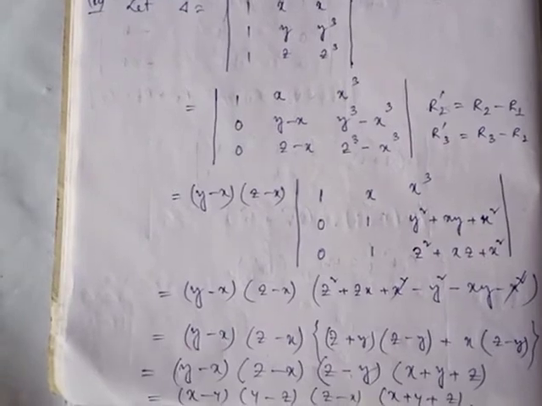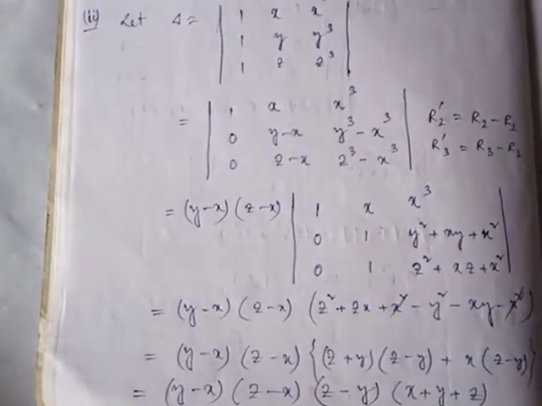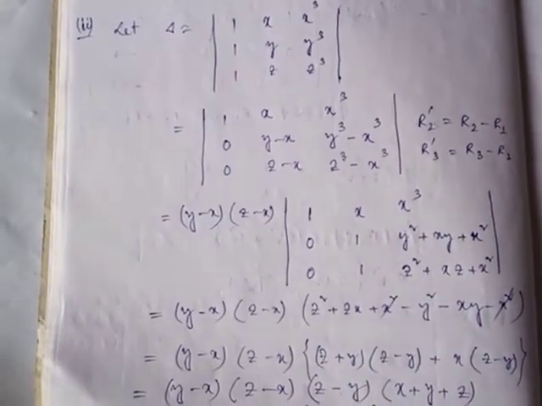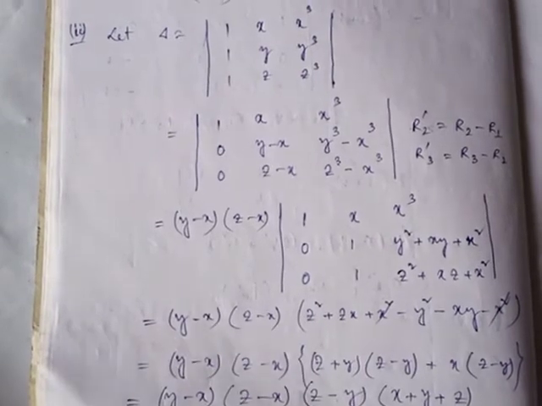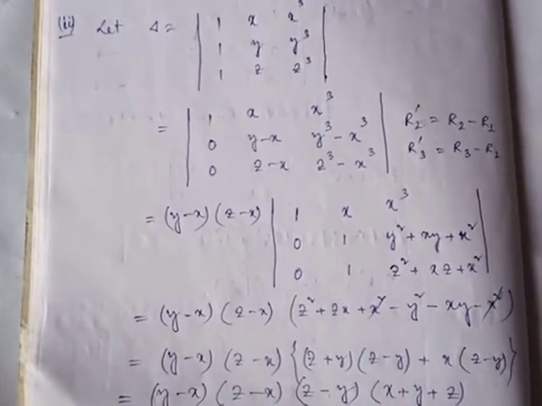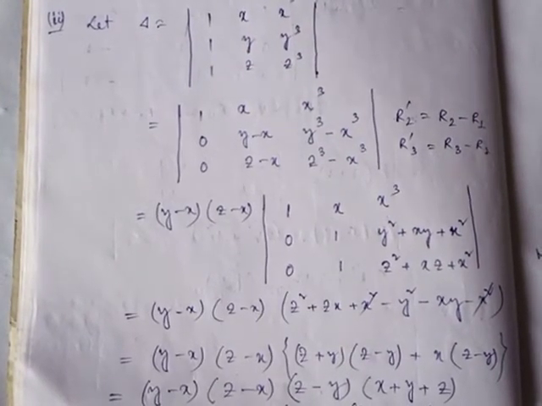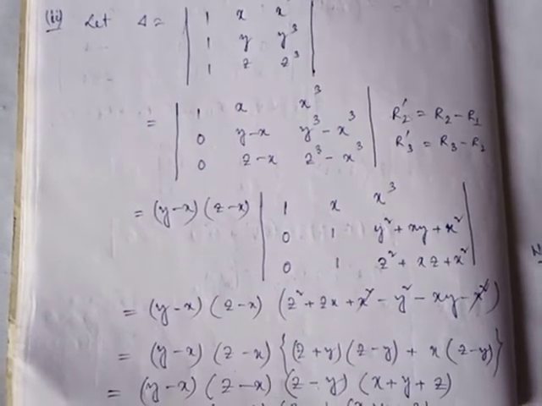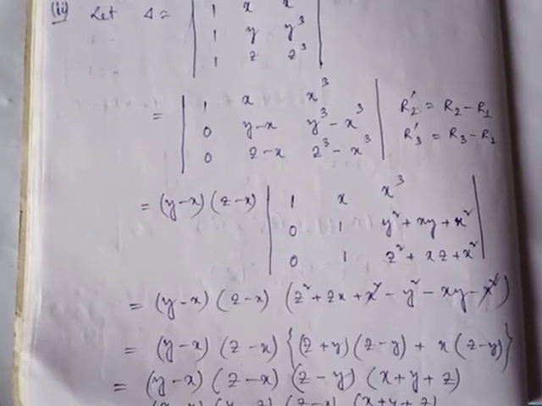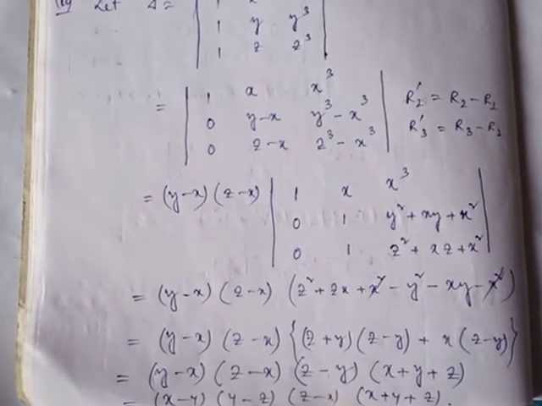In next problem 16.2, see that delta equals to 1 x x cube, 1 y y cube, 1 z z cube. So now applying R2 dash equals to R2 minus R1 and R3 dash equals to R3 minus R1, we get 1 0 0, x, y minus x, z minus x, x cube, y cube minus x cube and z cube minus x cube. Taking common from row 2 and row 3, we can write y minus x into z minus x,